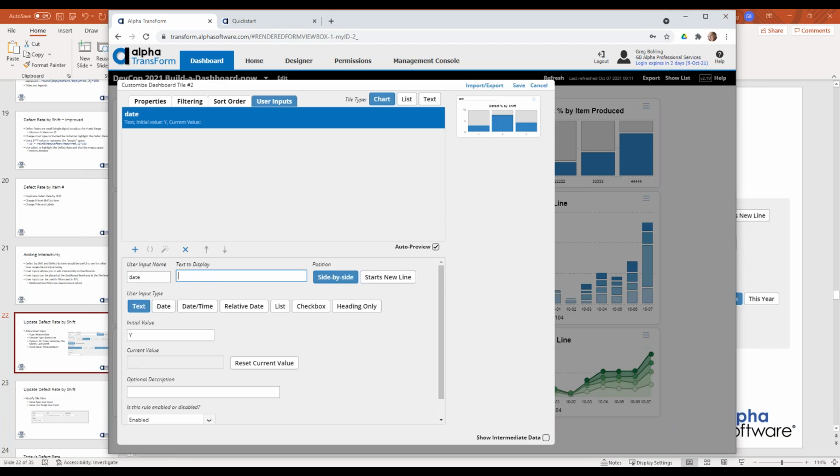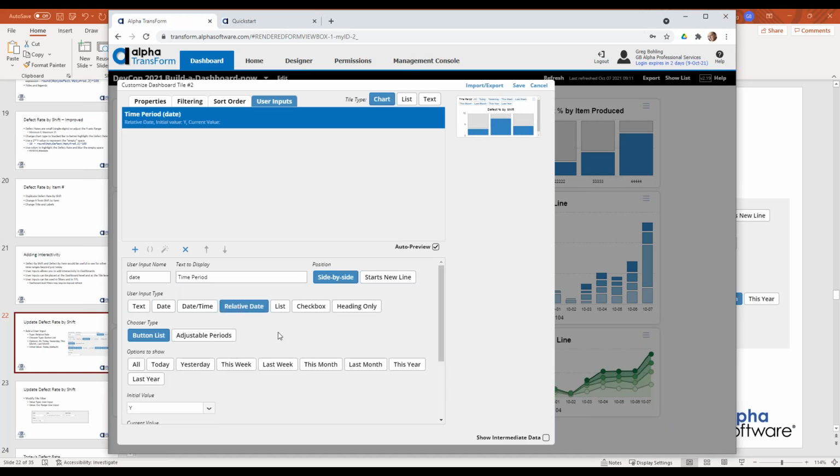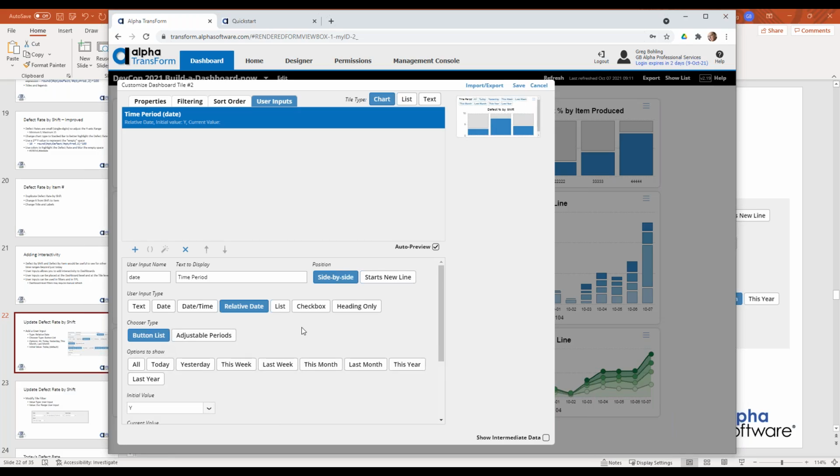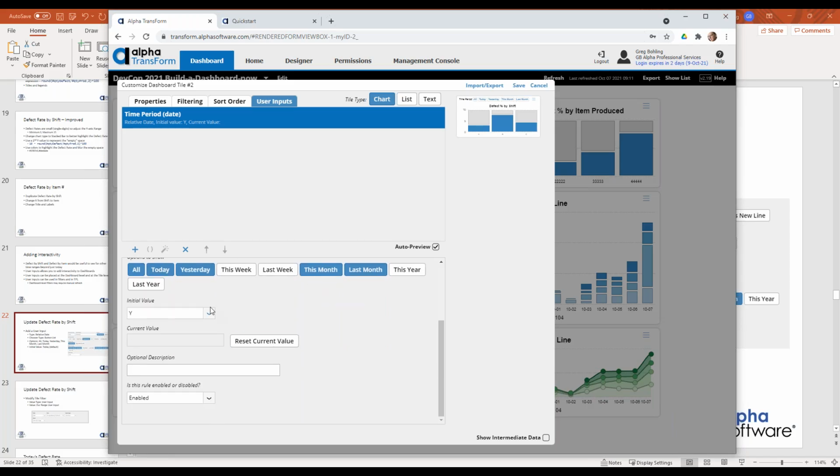So what we want is a relative date here, and we're just going to use a button list. We could do adjustable periods, which give us that arrow to go forward and backward by the month. But in this case, there's a few things that I just want to be able to see: all of the data, just today, just yesterday, just this month or last month. That's what's interesting to me. I want it to default to today,